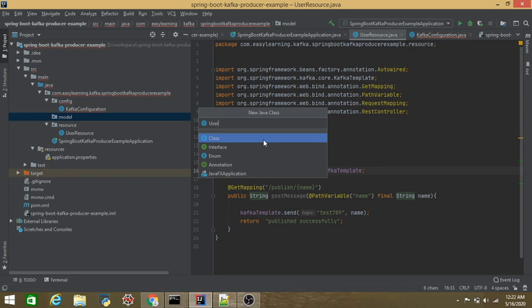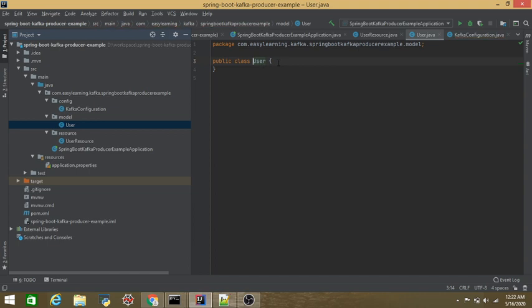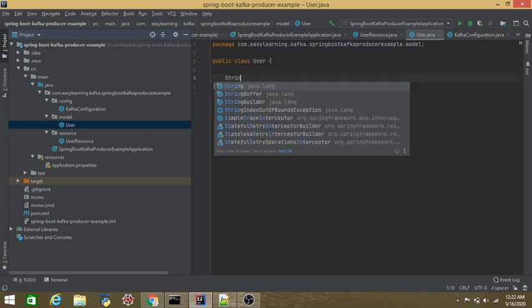In the model package we will be creating a class called user, and this user will be my JSON, which I'm going to send to Kafka.